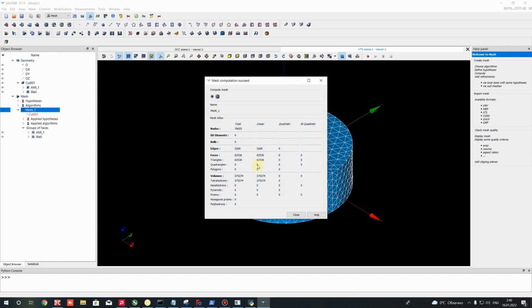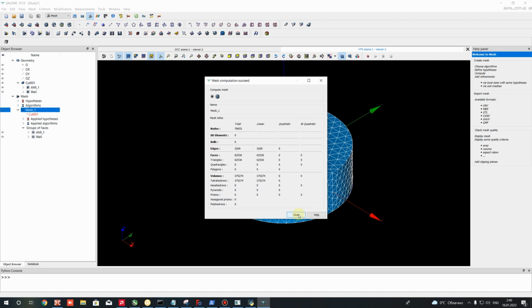When mesh generation was performed, we have some report of mesh info, and now we have some number of volumes, elements. It's not very big, but it requires some time for simulation in future. We can reduce or increase this number of elements by changing the mesh parameters, but I recommend you use this value